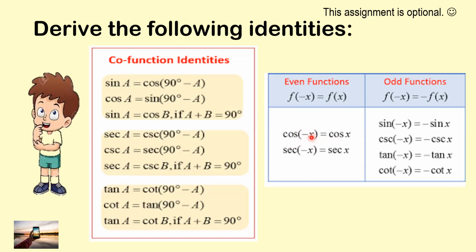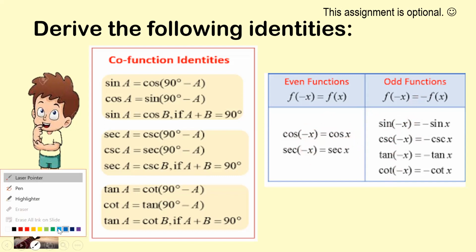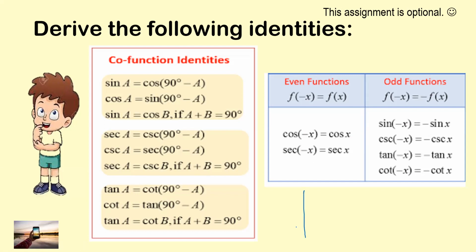Again, cosine 0 is 1. Sine 0 kasi is 0. Making use of that, may mga magka-cancel. Kaya cosine x na lang. Pero yung mga odd functions natin, the rest of the trigonometric functions, sila lang yung even. Yung parang pwede mong ignore yung negative sign. Pero geometrically speaking, diba, dun sa mga quadrants kasi natin, remember yung cosine and secant, they